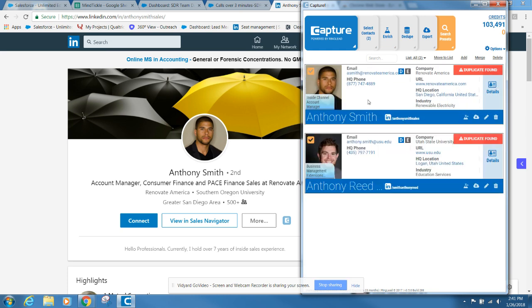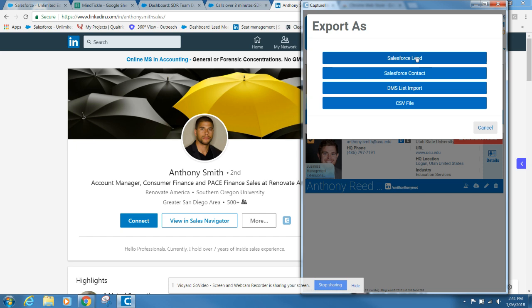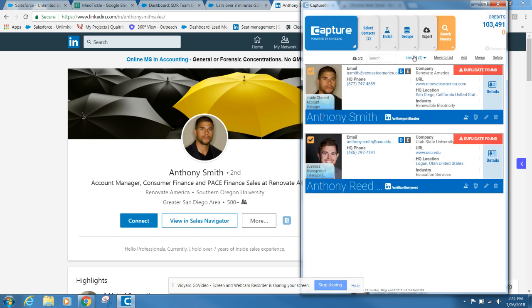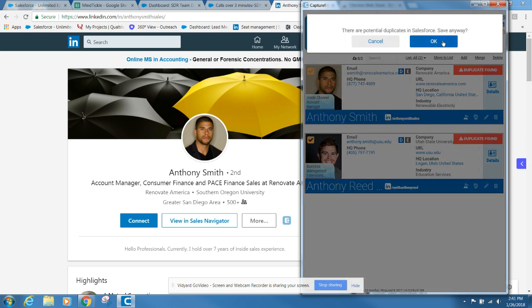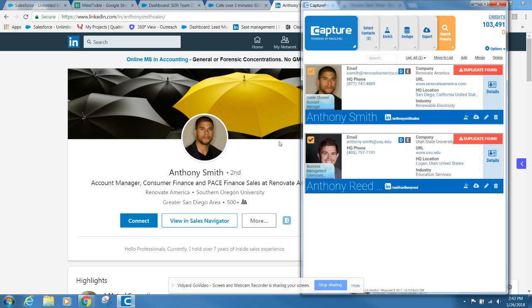If I want to put them both into Salesforce, I've got them both selected. I can go ahead and click this cloud on the individual ones or do them both at the same time. It'll ask how you want to put them in. I'm going to put them in as a lead. It'll ask if there's a potential duplicate, and then do you want to create two leads? I'm going to cancel because I don't want these ones in there. But that's the basic functions of Capture. There's ways that you can upload from an Excel spreadsheet, and that's going to be our next video that we'll